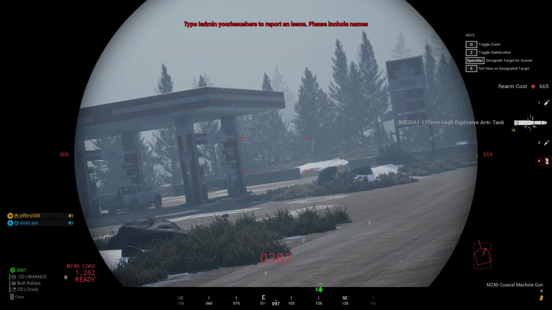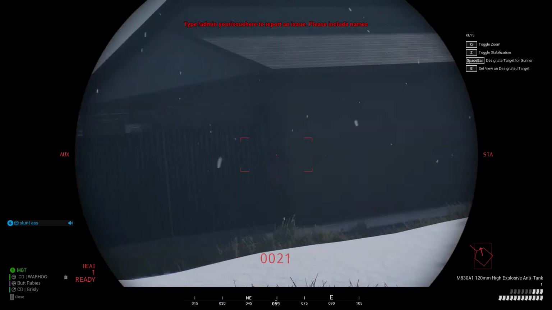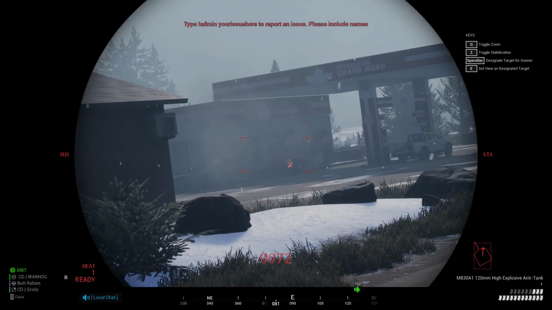One of our guys is having a look next to the hub. Wait a minute. Infantry at the gas station. Infantry at the gas station. Alright, guys that are repping, watch